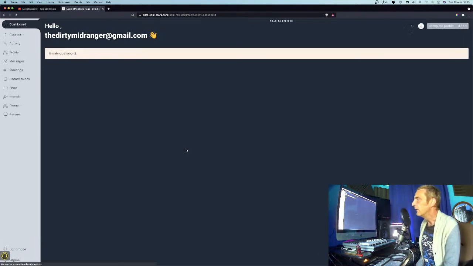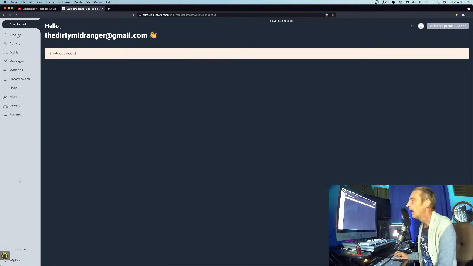and it will load in, and you will be presented with your dashboard where you can complete your student profile, and then any courses that you're signed up to will be here. Any activity, and you can edit your profile again here. Any messages, meetings, ignore the commissions. That is to do with the tutors. I don't know why that is there. That's the shop, where you can access courses, any friends, groups,